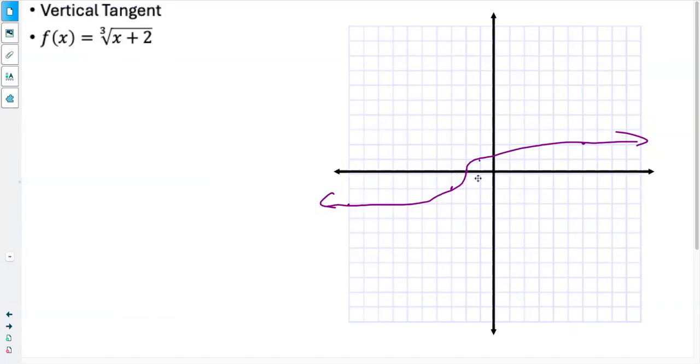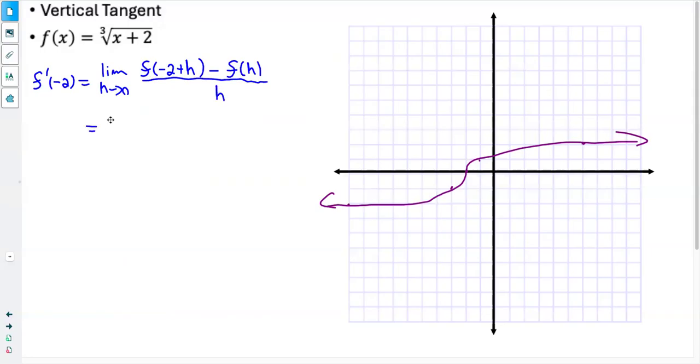So what we're going to be looking at is our limit as we approach -2. So we're looking for f prime of -2, which is our limit as h goes to 0 of f of -2 plus h minus f of a over h. So this is our limit as h goes to 0 of, if we substitute this into here, -2 plus h plus 2 would just be h. So the cube root of h